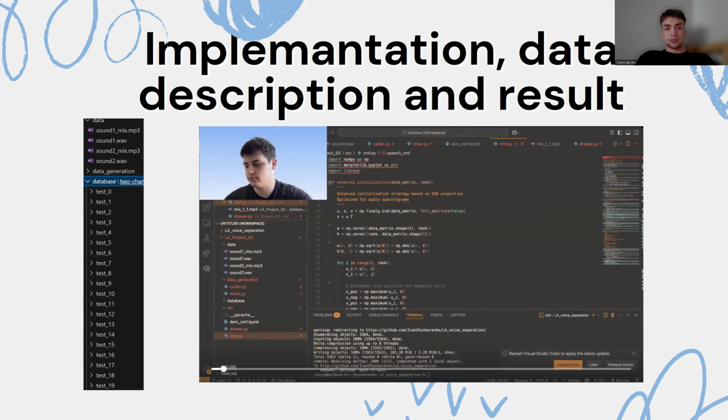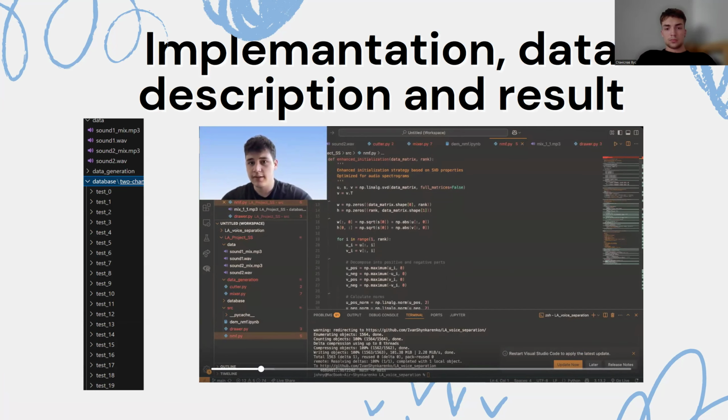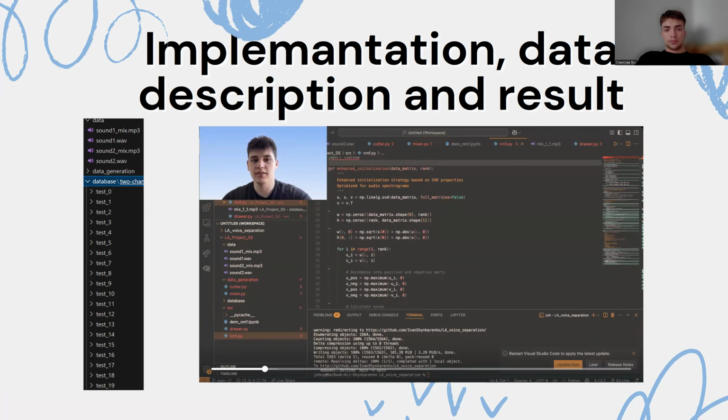Here's our code. It is non-negative matrix factorization.py. Here we import numpy for heavy lifting, matplotlib for plotting, and librosa for the short-time Fourier transformation. Here we are dealing with initialization.